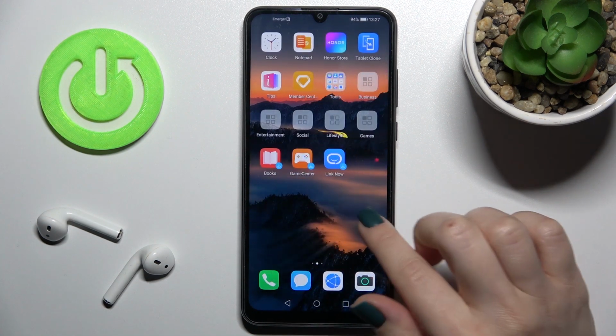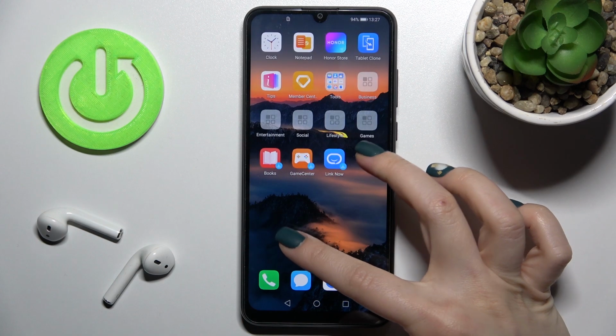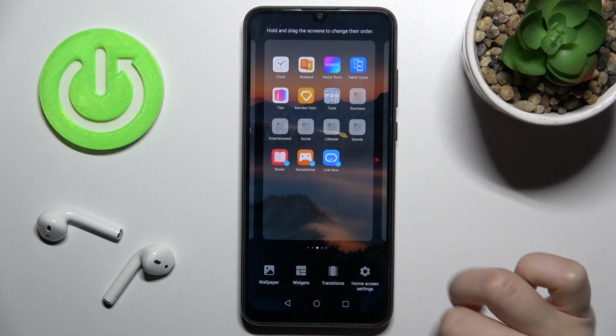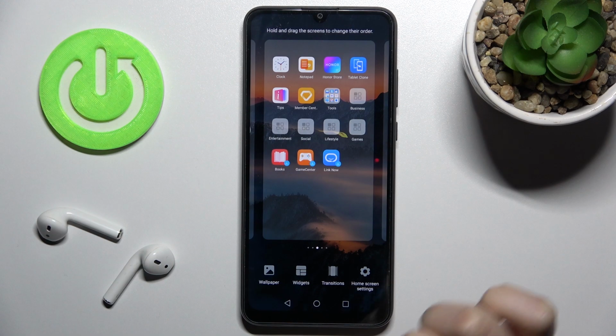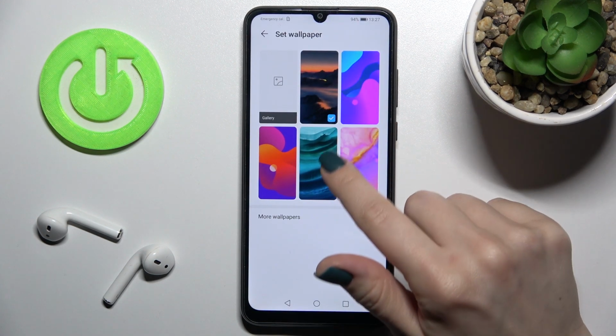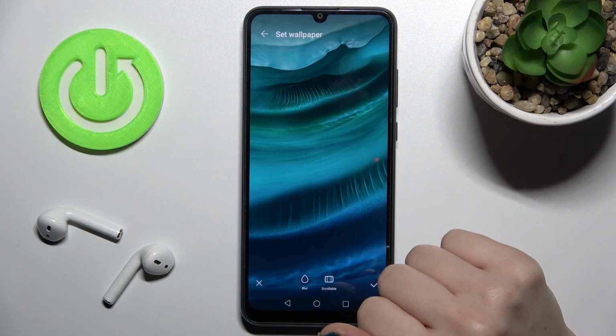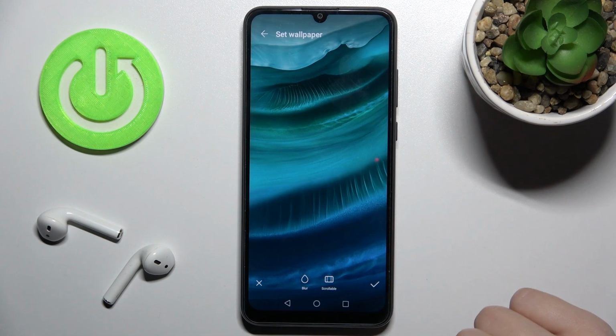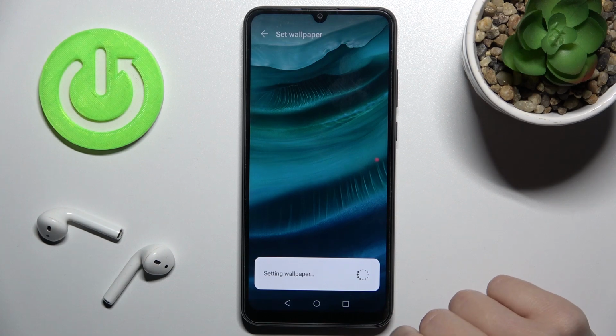And also we've got the second way how we can do that. Just slide with your two fingers to the center at the same time, and you'll see here in the left down corner the wallpaper icon. Just tap there, and in the same way you can, for example, change your lock screen wallpaper. Tap here on lock screen